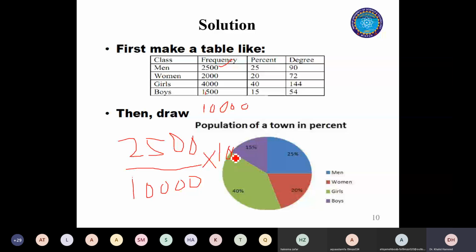You have to repeat the same process using the second observation, 2000 divided by the grand total, that is 10,000, multiplied by 100. These are very simple percentages. And then you have to repeat for 40 and so on. But when you need to represent them in the form of pie chart, software will do that automatically, no issue. But when you have to develop a circle manually using an angle,